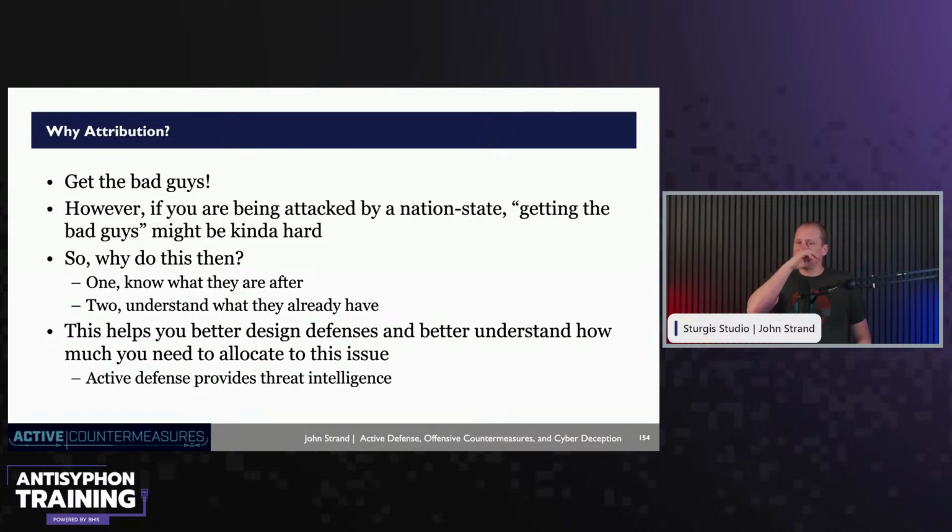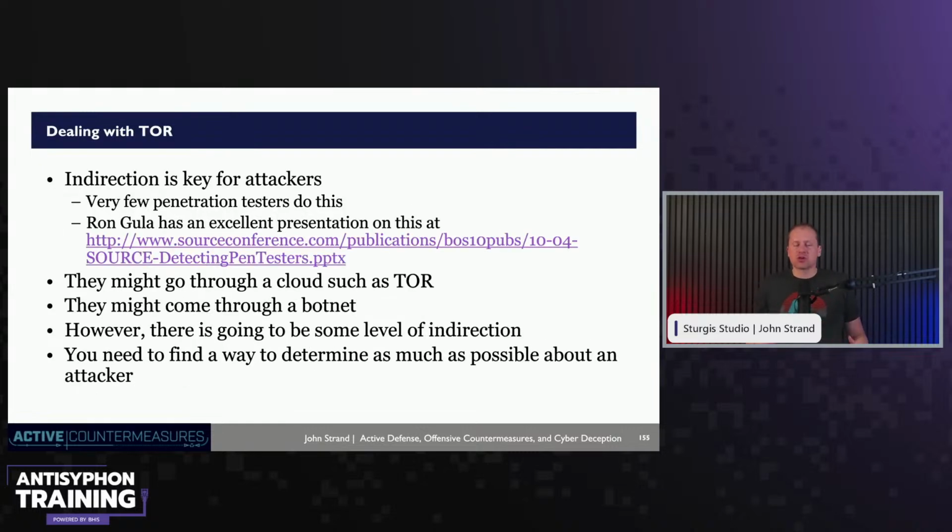One, if we're doing attribution correctly, especially if we're running something like Keepo, we might get a better understanding of what they're actually after, right? Also, we would like to know what is it that the attacker already has. And it'll help us design better defenses and better understand how much we need to allocate in different parts of our defensive approaches. So if we're trying to deal with Tor, how can we get that attacker to give up